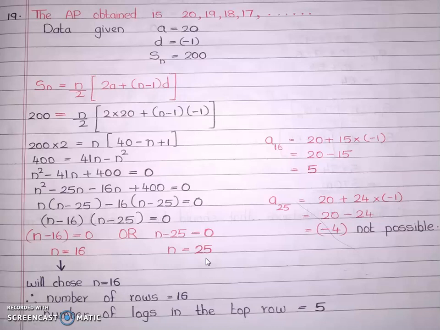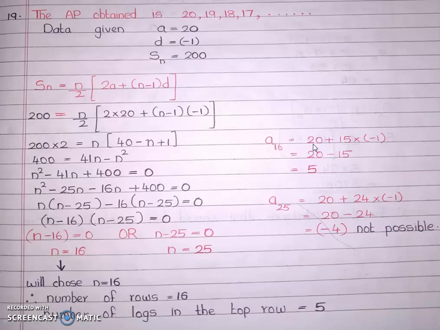Now what will you do? You are getting both numbers of terms as positive integers. Can you take both? It is not possible. So what will you do? You should find the